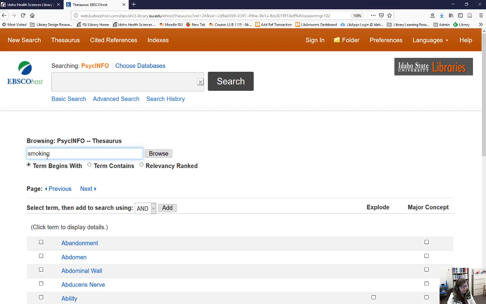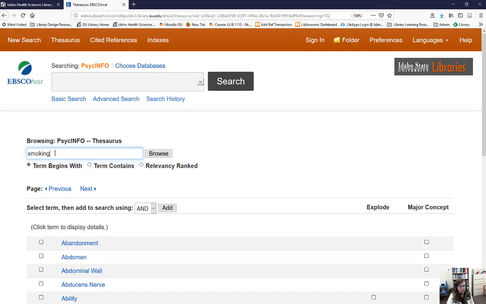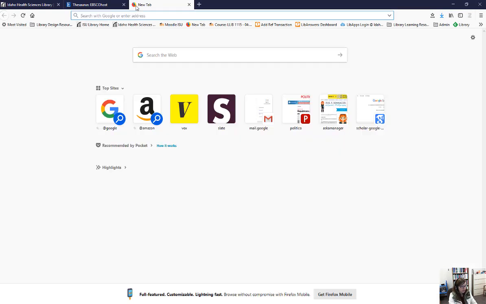Now you're not going to be using ands, ors, or nots here. You are just going to be searching one word or one phrase because this is not searching articles. What this is searching, as you can see, is the entries in the thesaurus. It's almost like searching a dictionary rather than searching a database of articles. So if you've ever used a thesaurus before, like thesaurus.com,